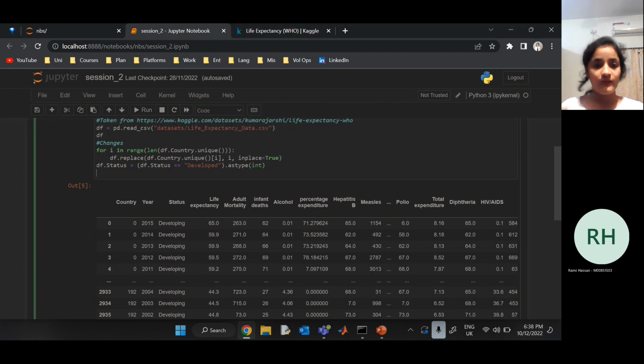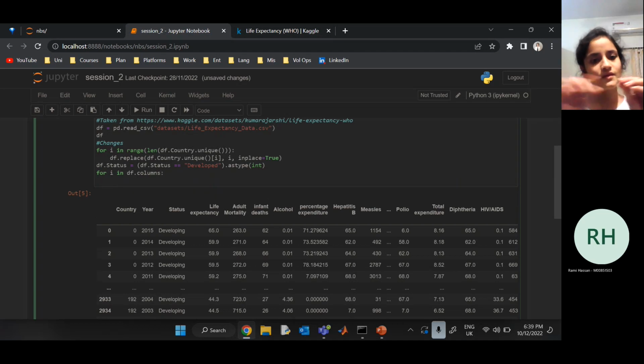Now, how can we check how many nan values we have in this? I have to check each column. I'm going to go through each column, see how many null values there are, and change them. I'm going to use a function called fillna. You might have seen it in the last class. fillna basically means everywhere we have NA, like nan values, fill it with the parameter that I'm giving you. So for i in df.columns, I'm going through each column, okay? df.columns is going to give you an array of all the column names. So for each column,